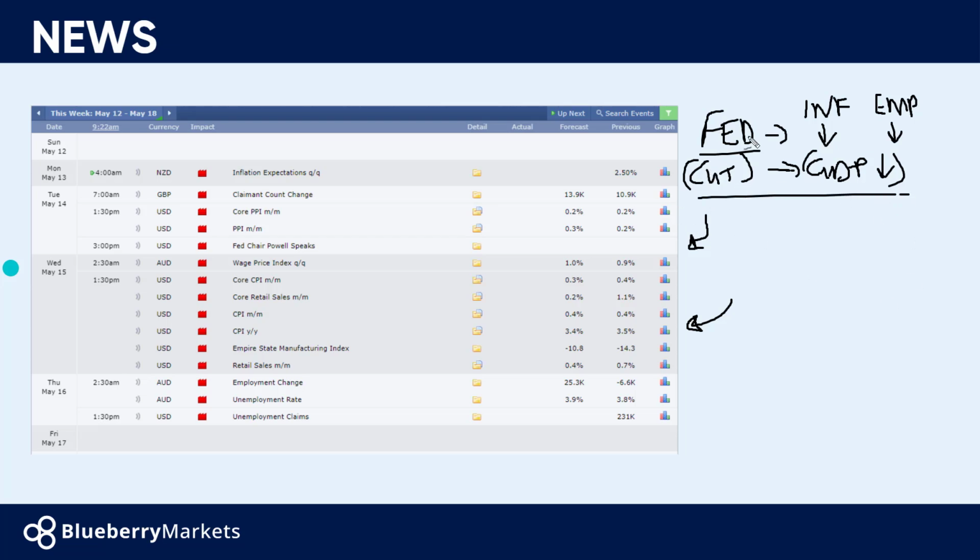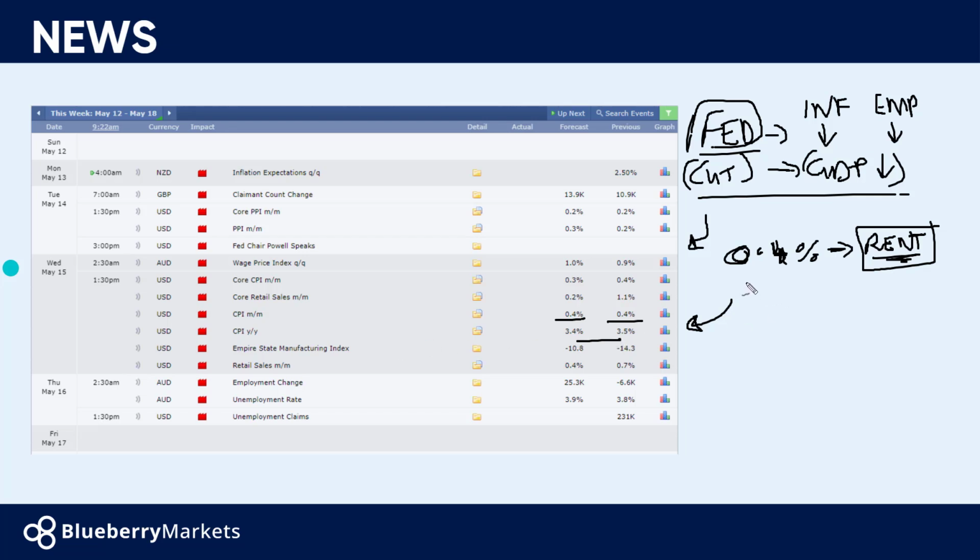Now what would help fuel this kind of rhetoric by the Federal Reserve is a lower CPI number. So CPI month on month headline is looking to come in at 0.4%. One of the drivers that has been on the watch of most analysts is renters. A lot of analysts are looking for how inflation has affected this market, whether we've seen declines in rents and whatnot. But 0.4% is the headline risk in here.